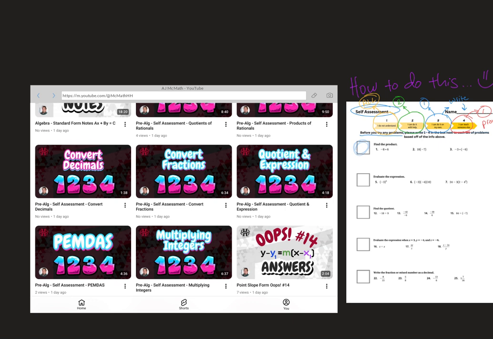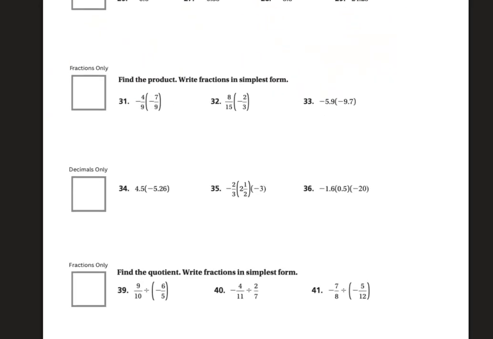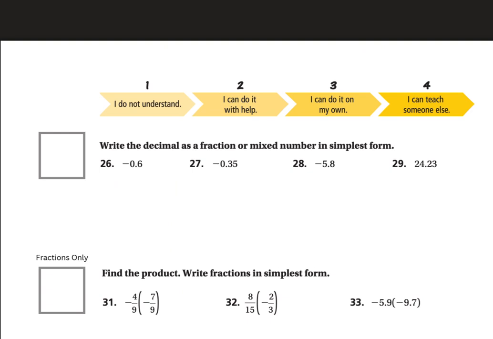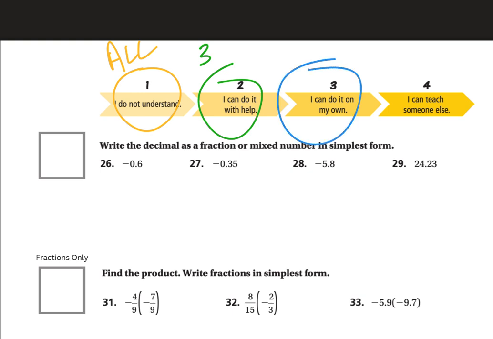Last thing I need to point out is some sections, like on the back, have more than 3 problems. Well, here's what I want you to do. Since this was all, that's no change. Since this was do 2 of them, well then bump it up to 3 of them. This was do 1 of them, bump it up to 2 of them. And this is 1, just still do 1, okay?